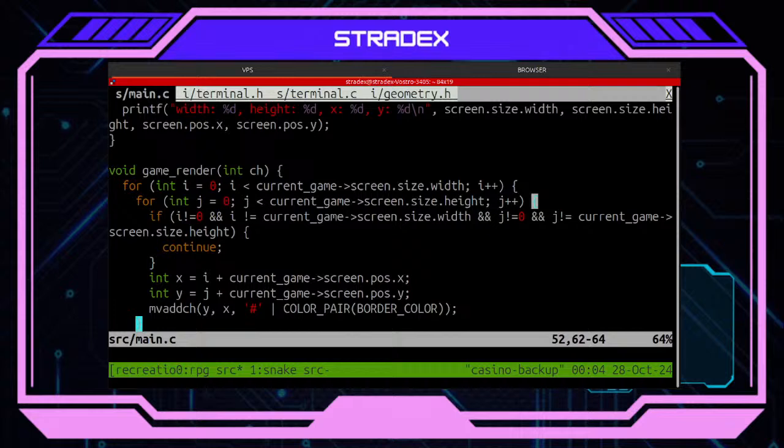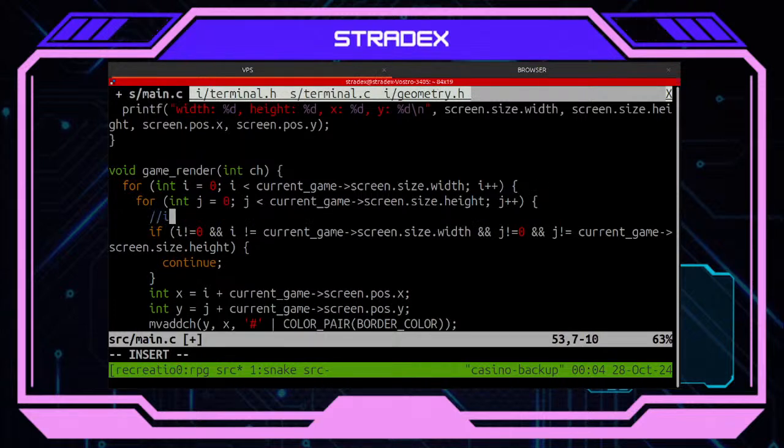For example, let's try if UI equals 1 and J equals 1. This should not be drawn, but let's say y is different on 0, so goodbye. So let's try this. This should draw. This is not going to draw, but actually this is good. This is true, but this is false, so this is going to draw. So let's try with this now.